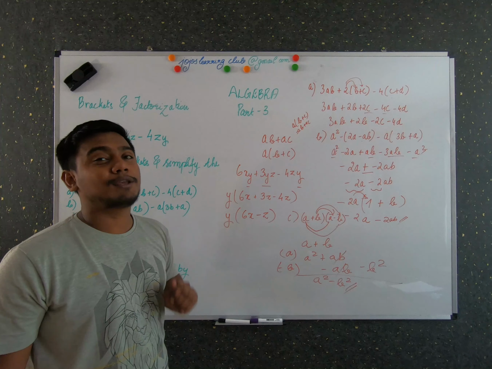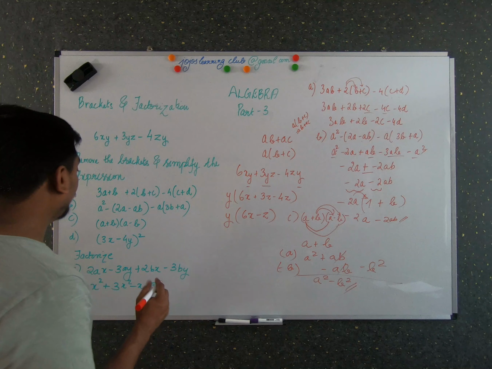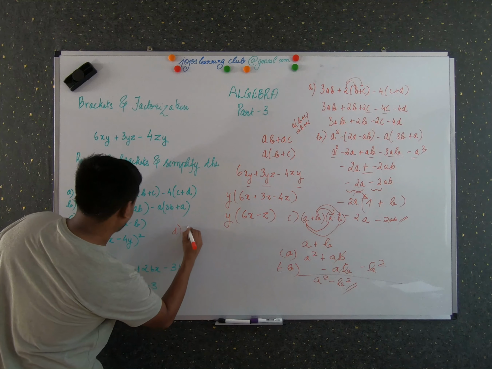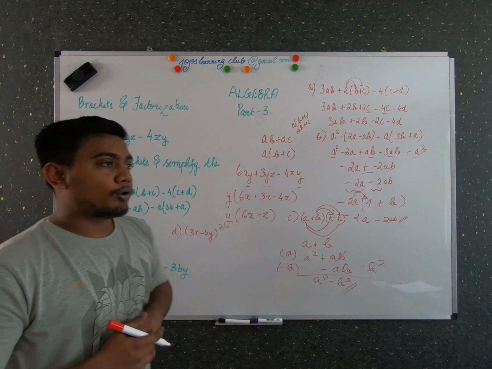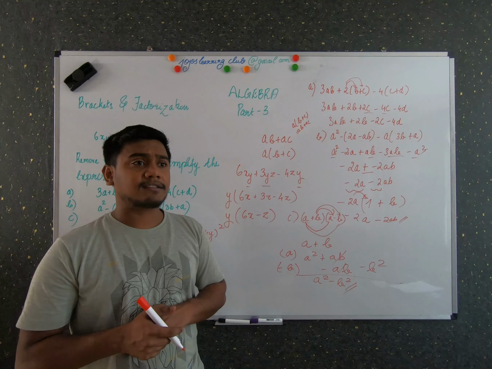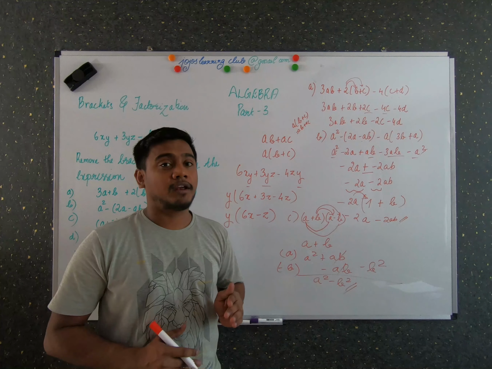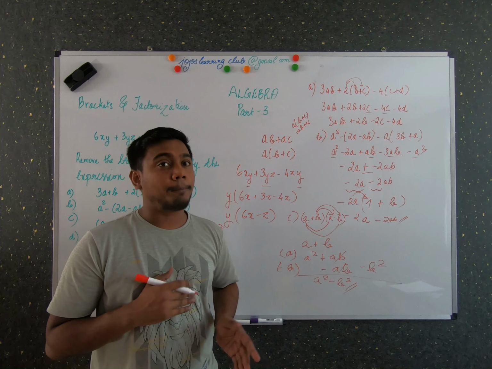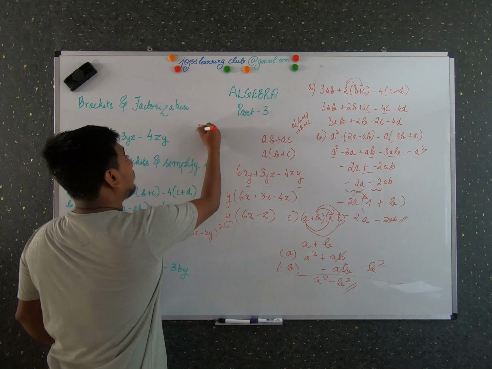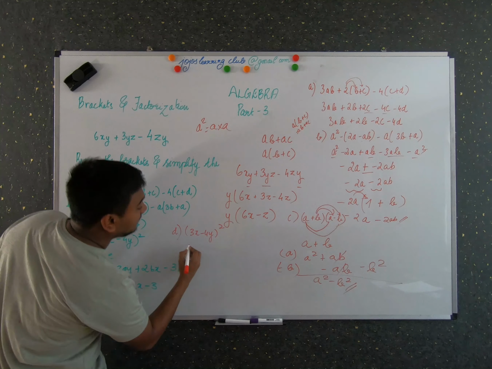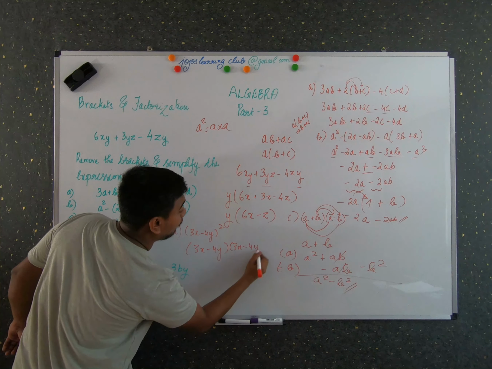So that's all for problem number C. I hope everything is clear. Okay, and now let's do 3x minus 4y the whole square. You don't have to memorize the formulas for now. I know that there is a formula for a minus b the whole square, but for the time being, we are going to practice algebraic expressions using arithmetic laws. You know that a square is nothing but a into a, so just write it as 3x minus 4y into 3x minus 4y.